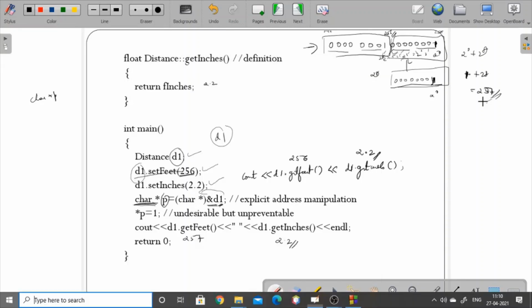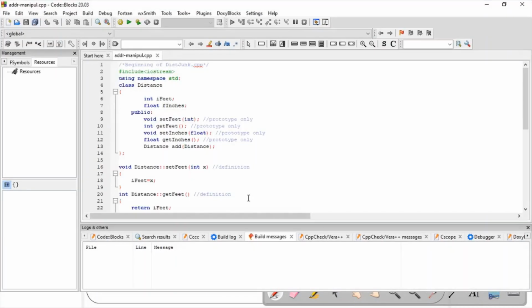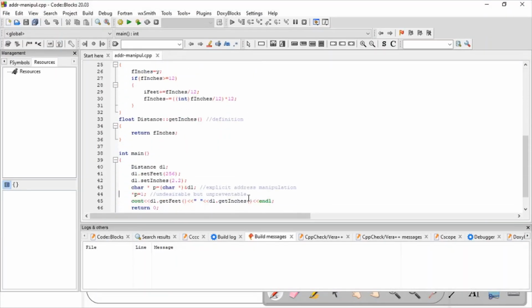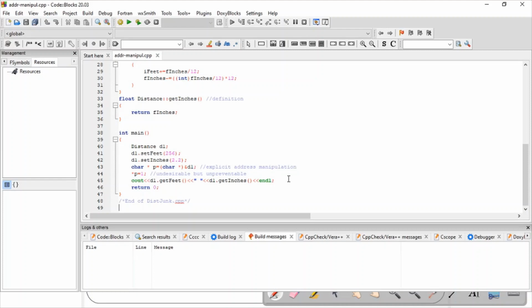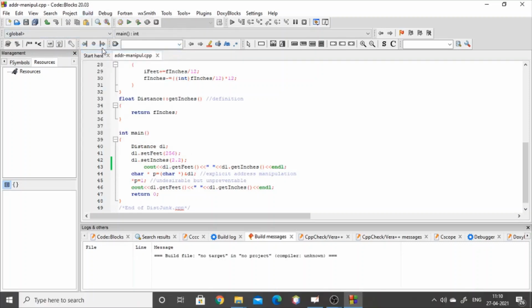So I'll just run this program over here. It's the same address manipulation, the same code, but I'll copy this code before, so that you'll get to know the value over here. What is the initial value? Initially the value will be the same.